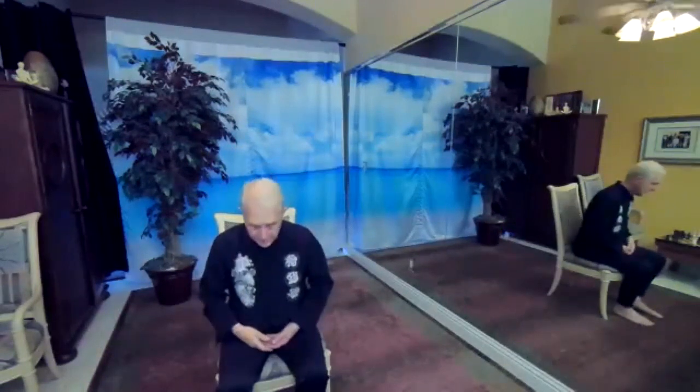Don't overdo it. Then inhale, bring the foot back, and exhale. Fifth form is the right and the left side together. Palms in front of the abdomen. And inhale,